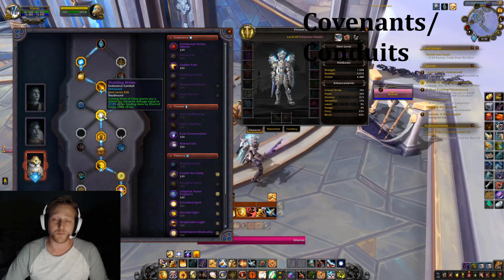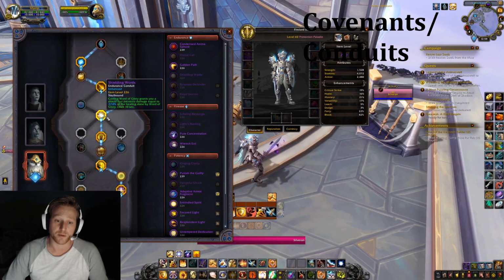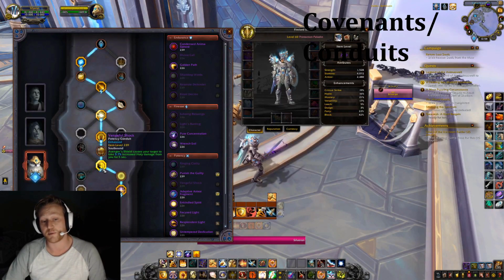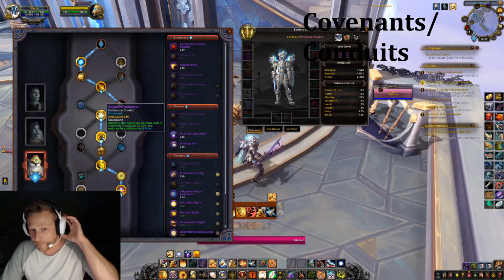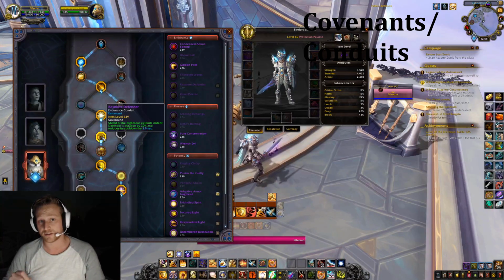Shielding Words. We're casting Word of Glory a lot. This is when you cast Word of Glory, you also get a little shield. Very good conduit to put in. Recommend it. And on this right here, you could go left and get another potency conduit, and potentially get you 3 potency conduits with this soulbind. But I like to get another endurance conduit,